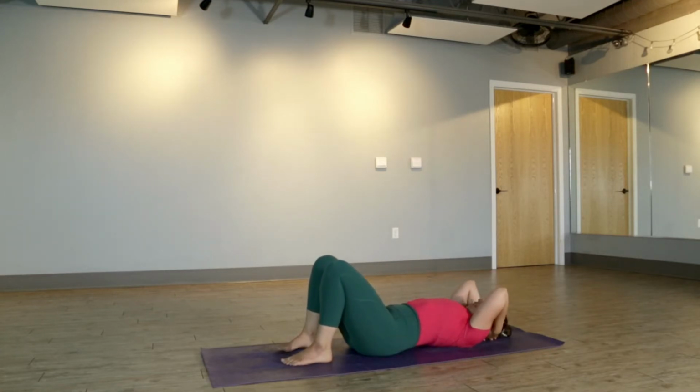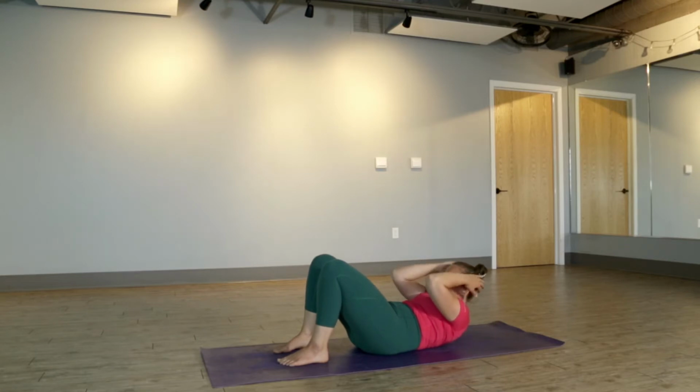Bring your hands back behind your head. Elbows point up towards the sky. We'll do a little bit of core. Breathe in. Exhale. Nod the chin to the chest. Lift up off your shoulder blades. Think about gathering your belly together, pulling your belly down, pulling your ribs down, and then lifting up off your